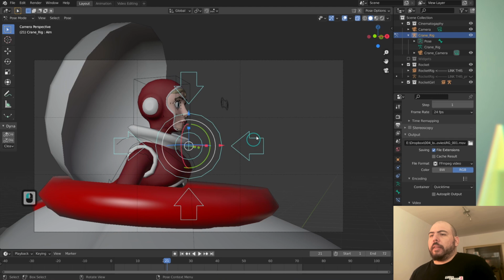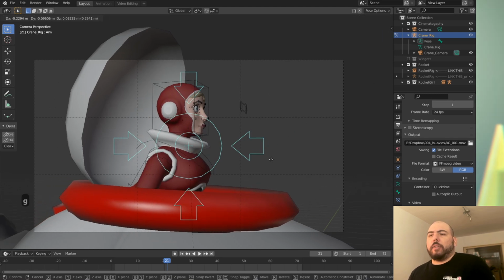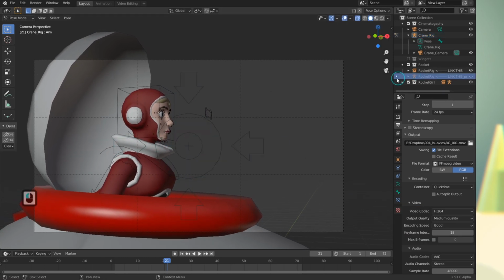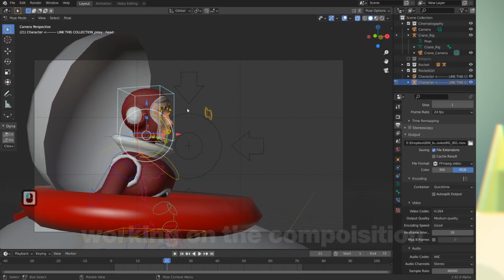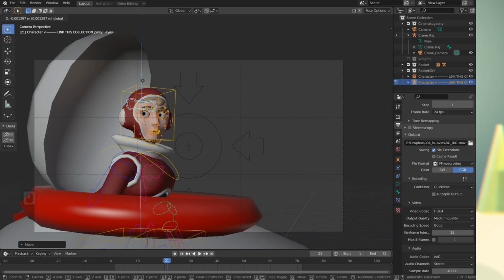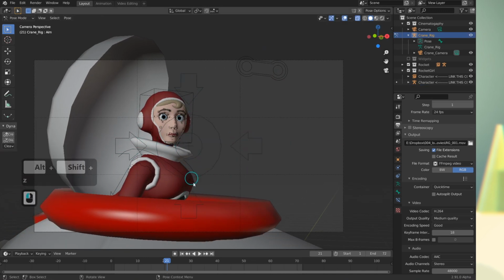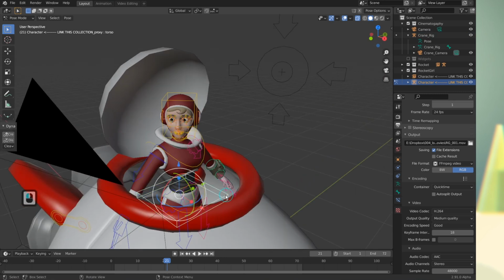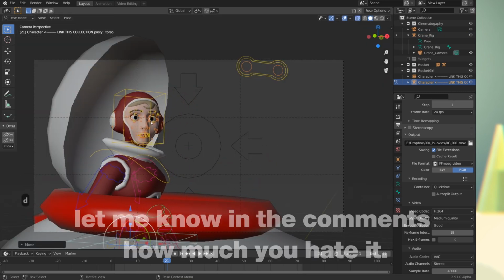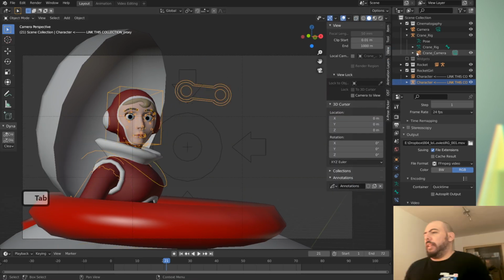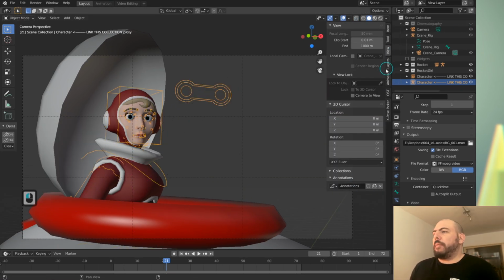If I click here, now it's in pose mode as well, and so I can easily point it where it should. Again, we'll turn off the camera stuff, that way it's not in the scene.